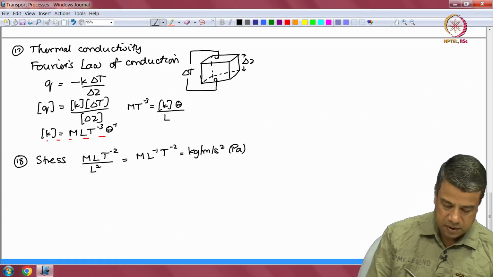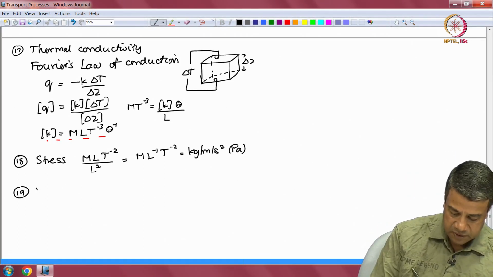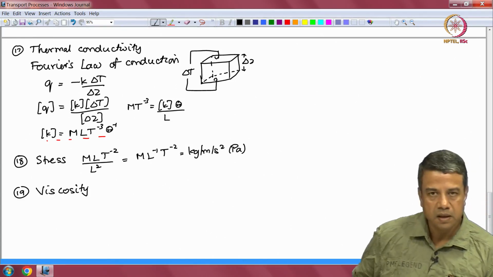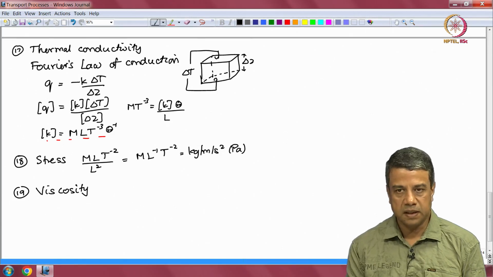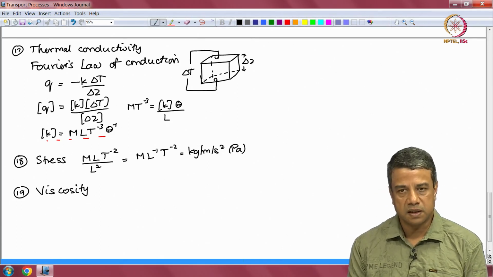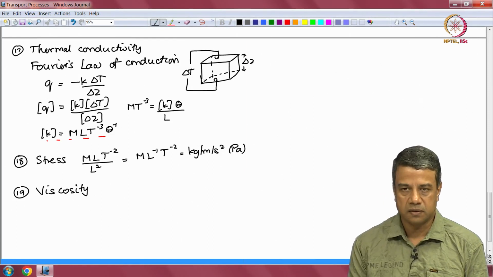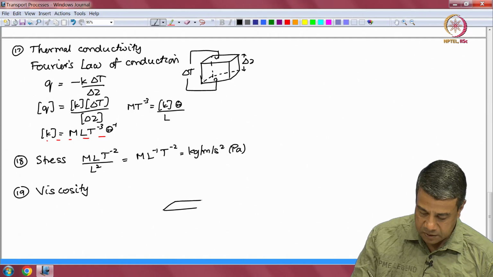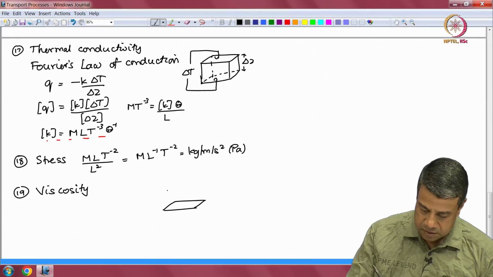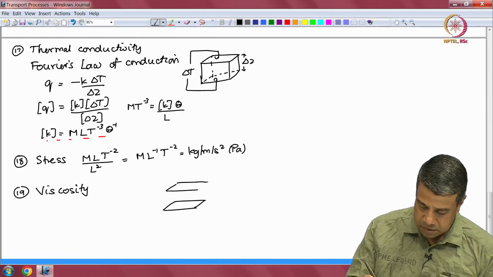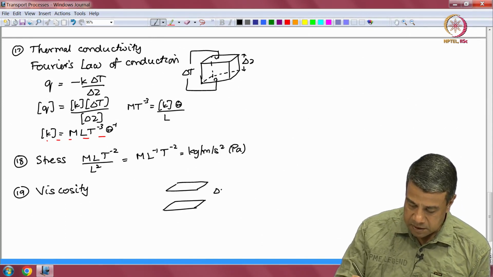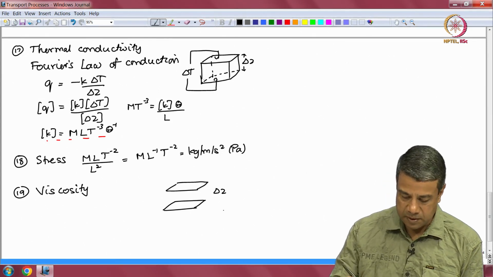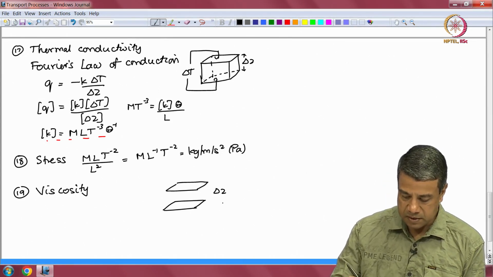Then let us look at the dimension of viscosity. How do you calculate the dimension of viscosity? From some relationship that contains viscosity and other known quantities. So, for example, if I had two surfaces separated by distance delta z, and I will put a coordinate system here so that we can distinguish